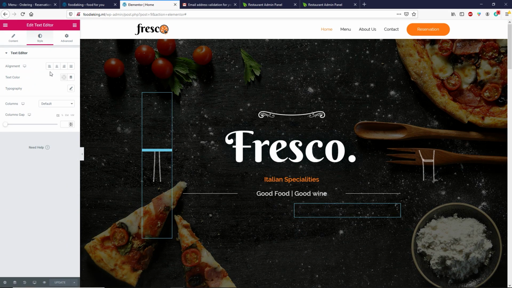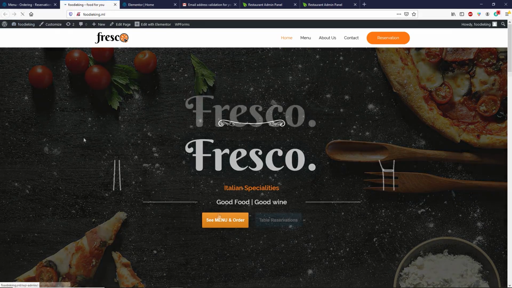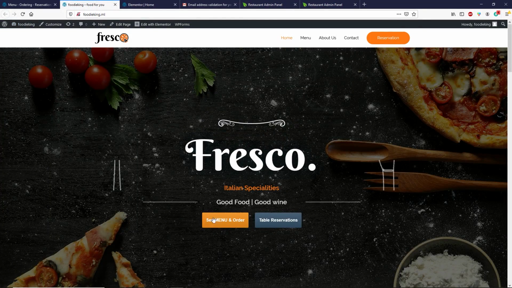Now go to style and change the alignment to left and then click on update. And let's go back here and refresh the page. And now you can see that we have 2 buttons available for us, menu and table reservation. If you want to remove the menu from the top or reservation, what you can do is you can click